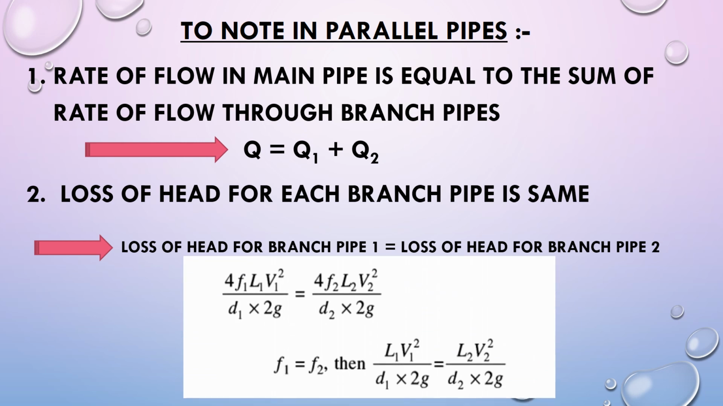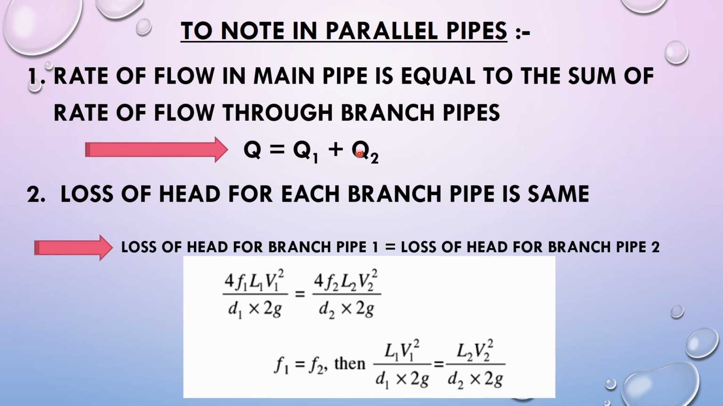There are two important points to be noted in the case of parallel pipes. First one is that the rate of flow, that is the discharge in the main pipe, is equal to the sum of the rates of flow through the branch pipes, or we can write Q is equal to Q1 plus Q2. Recall that in series pipes we had the same discharge in each pipe, where Q1 was equal to Q2, whereas in the case of parallel pipes